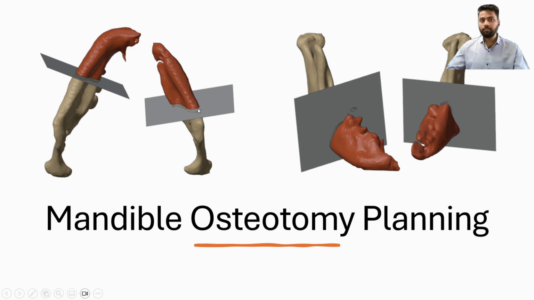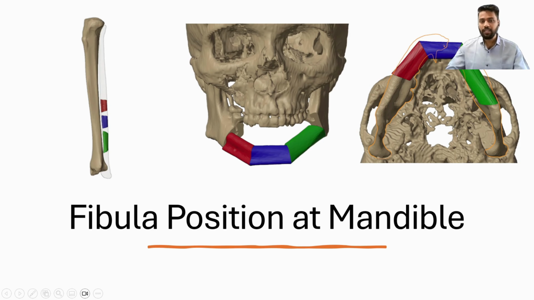In free fibula flap surgery, first they will resect the defect. As we can see in the planning, we can mark the planes where we want to do the resection, and then this red part will be resected. That resected part will be reconstructed using the patient's own fibula. Based on how many segments we want to reconstruct, we can position those fibula segments and reconstruct the mandible. While doing the reconstruction, we can make sure it matches the preoperative curvature of